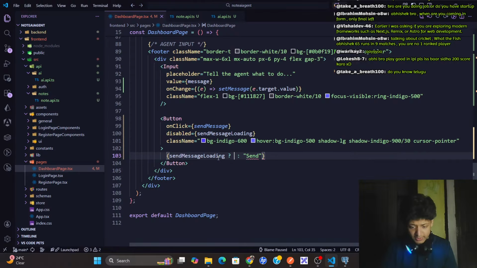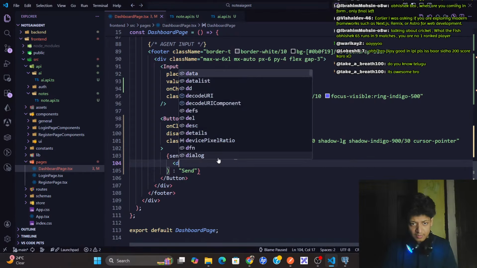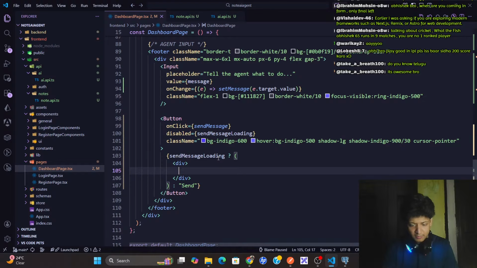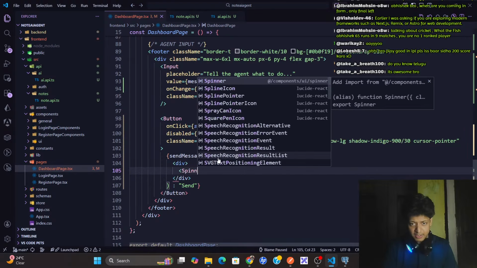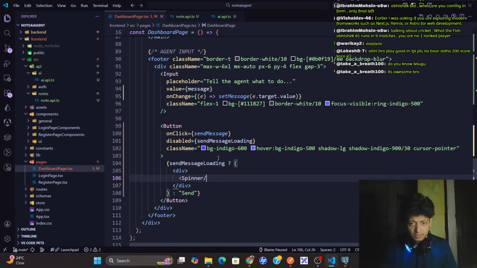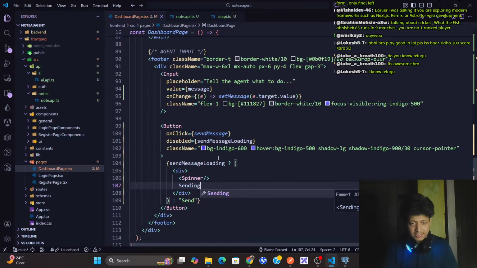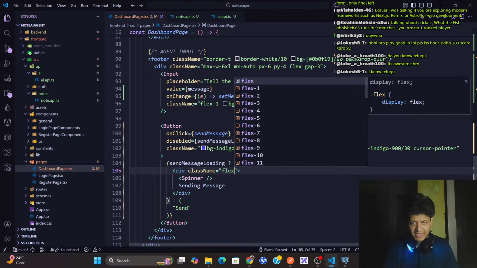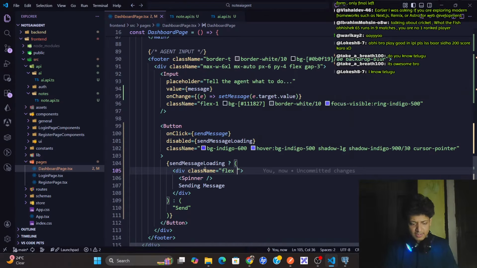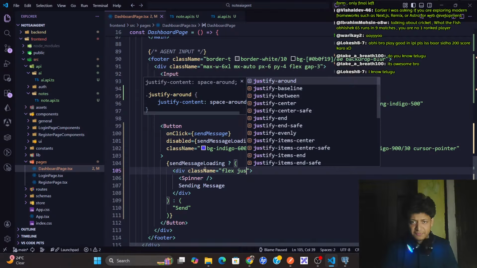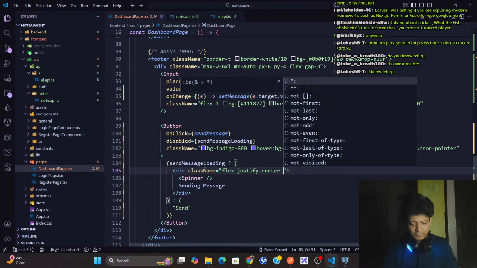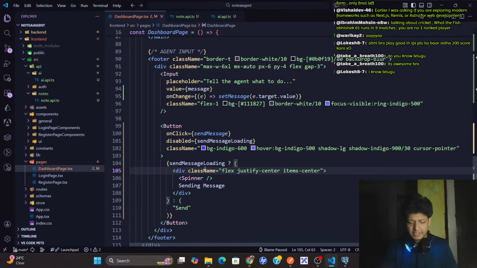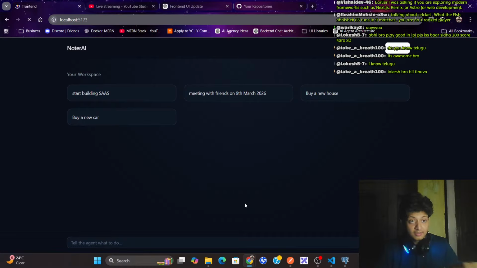Sending message. Let's do one thing here. Make a div. Take a spinner and say here sending message. Fine. And make this class name flex, then justify center, items center, and keep a gap of 2. Fine, there we go.